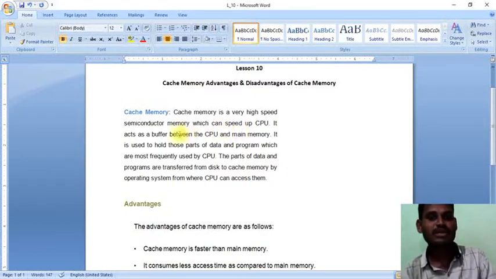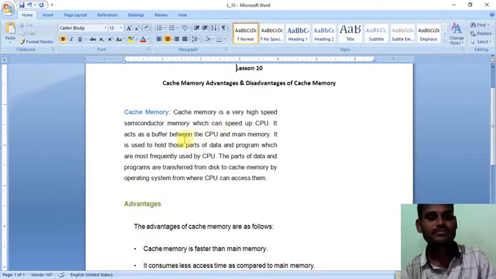It acts as a buffer, which means there is no wasting of time, it enhances speed, and there is no loss of any kind of data. So mainly, cache memory helps the CPU get data from the main memory.